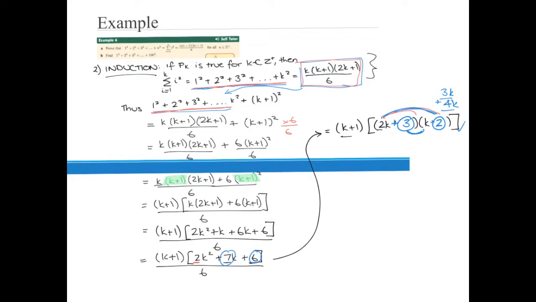Okay, so it's a little bit tricky, and this is where it's really good for your factorization skills. Obviously, if we didn't have the 2 here, it's much simpler. So that's what we've got there. So hopefully you can still see that. I might just write it out a bit clearer. So you've got k plus 1, and then now you've got 2k plus 3 and k plus 2, all over